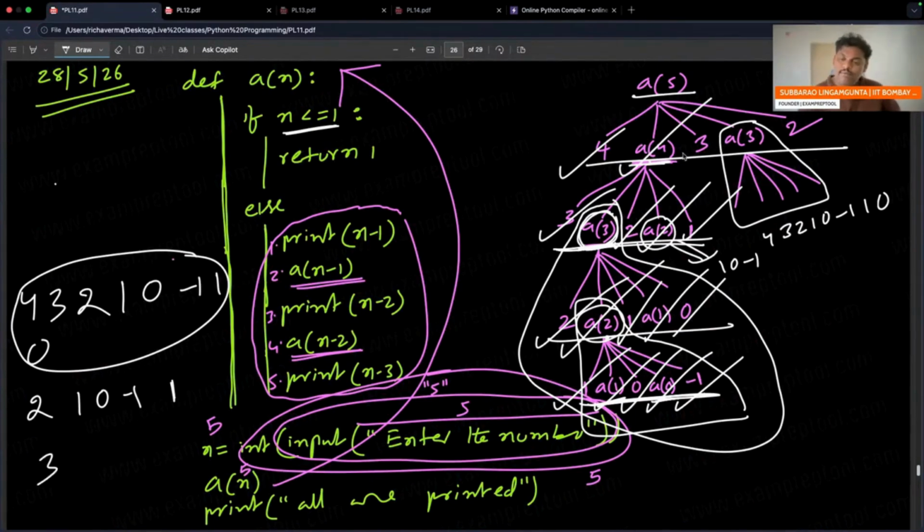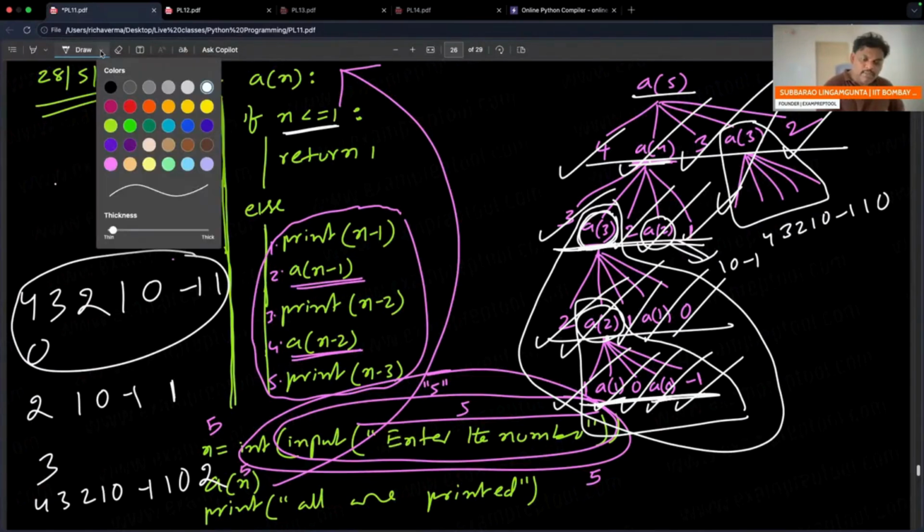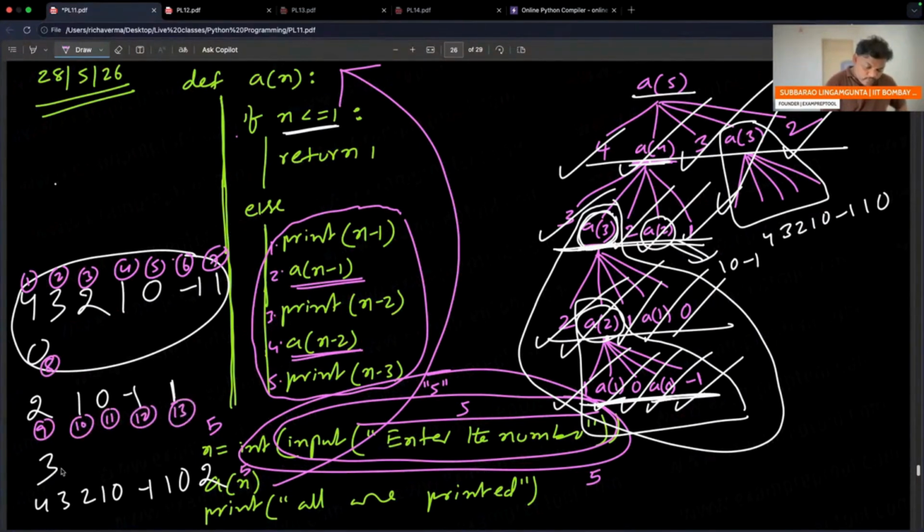Afterwards, 3. Afterward, this one: 4, 3, 2, 1, 0, minus 1, 1, 0. This also complete. Afterwards, 2. Right? Perfect. This is the output. I will give numbers also. Let me write. Number 1 printed, number 2 printed, number 3 printed, number 4 printed, number 5 printed, number 6 printed, number 7 will be printed, number 8 printed, number 9 printed, 10, 11, 12, 13, 14,